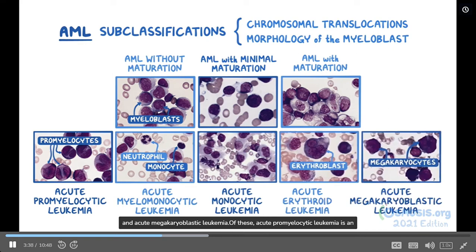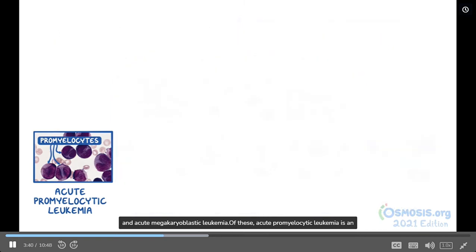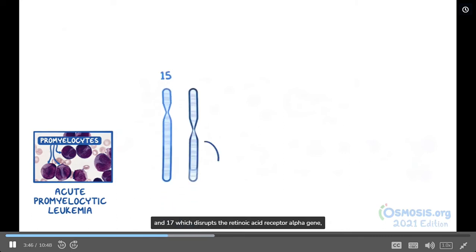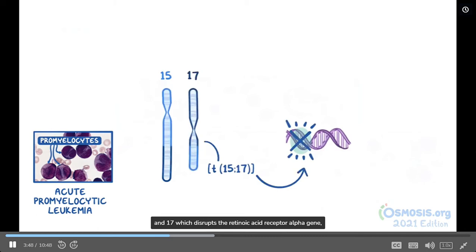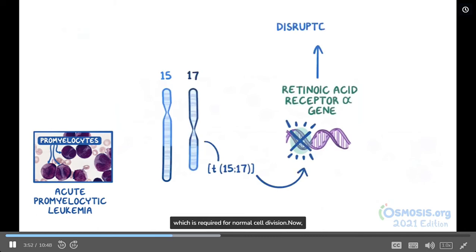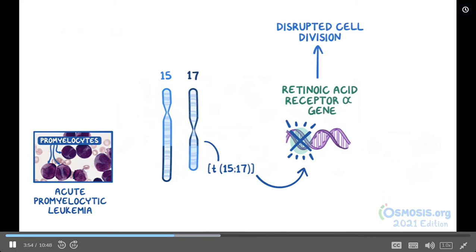Of these, acute promyelocytic leukemia is an important subtype. It's characterized by translocation of chromosomes 15 and 17, which disrupts the retinoic acid receptor alpha gene, which is required for normal cell division. Now, there are certain conditions that can actually lead to AML, like myelodysplastic syndrome, which is